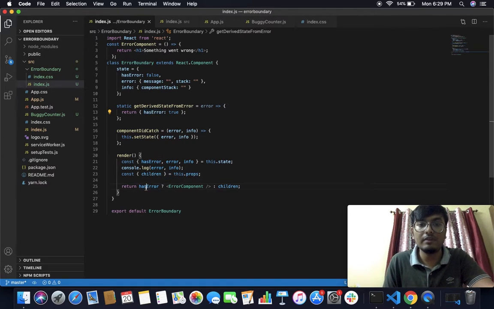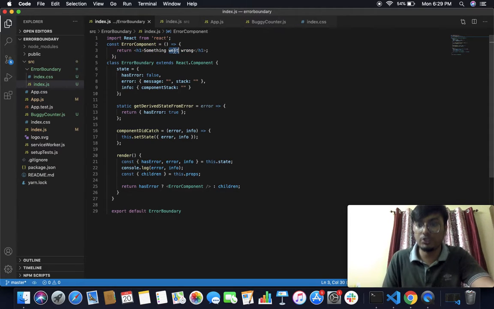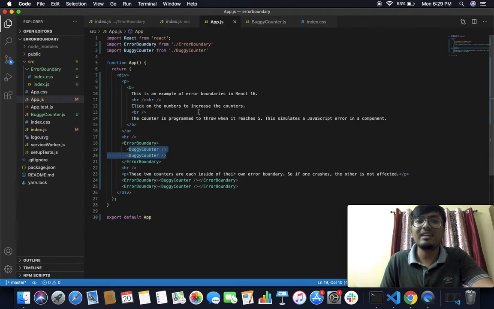So in here you have this hasError, it is true now, so that's why the error component is rendered. In my case, what is this error component? "Something went wrong." This is where you use this as a fallback. So you can have something more attractive here, like a question mark, someone who is confused, like what's wrong, that's up to you. Make it as beautiful and attractive as possible. So that's the basic concept.